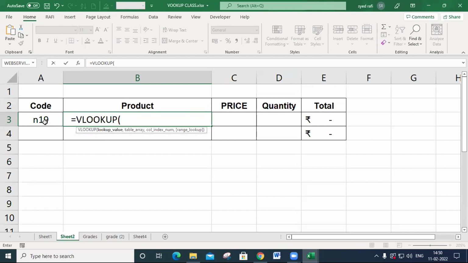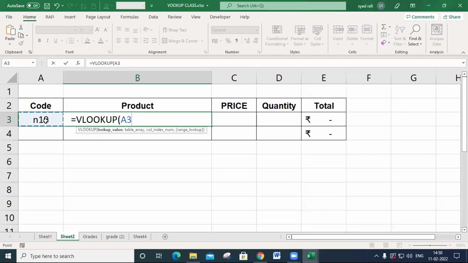This is the lookup value. I want to display the product and price depending upon this code. The relevant product must be displayed depending upon this one. So that's why this is the lookup value.